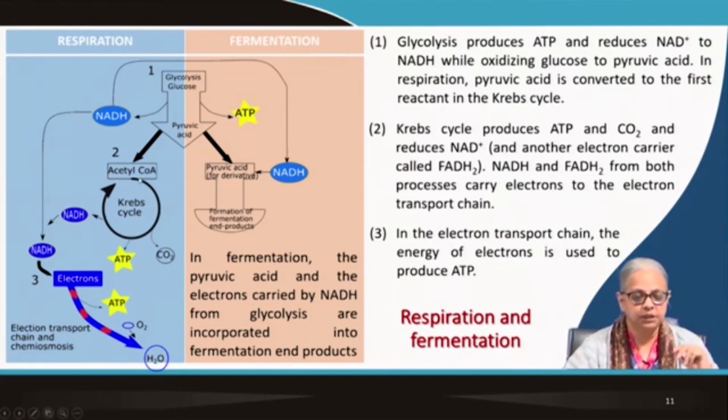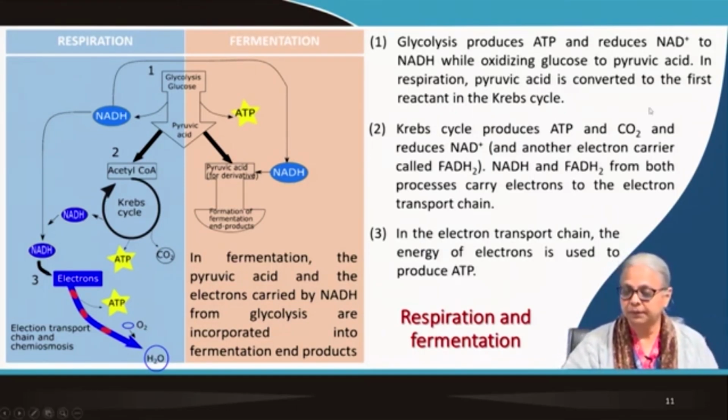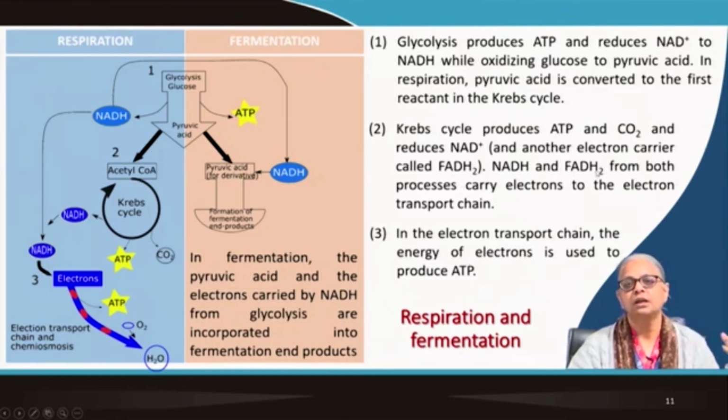So whether you include this first step of generating acetyl-CoA or whatever you want to do, in the Krebs cycle, in all cases, the first step you also get NADH and ATP generation. Second step, in the Krebs cycle or citric acid cycle, you again produce ATP and CO2 and reduce NAD plus to NADH, and NADH and FADH2 from both processes will carry these electrons through the electron